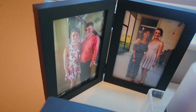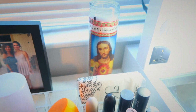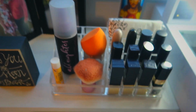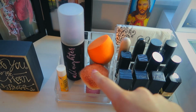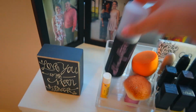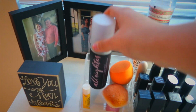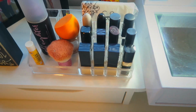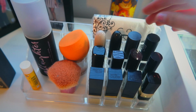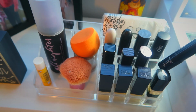On top of my desk, over here I have a picture of me and my dad, and then me and my mom, a Jesus candle, love you to the moon and back, and then right here I have just some essentials and some pretty lipsticks, a little kabuki brush, my Real Techniques blender, Burt's Bees lip balm, Urban Decay All Nighter setting spray, and then here's some of my lipstick collection, MAC, Ulta, Dirty Little Secret, I don't even know what